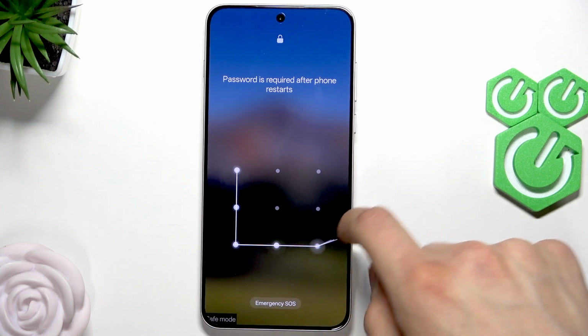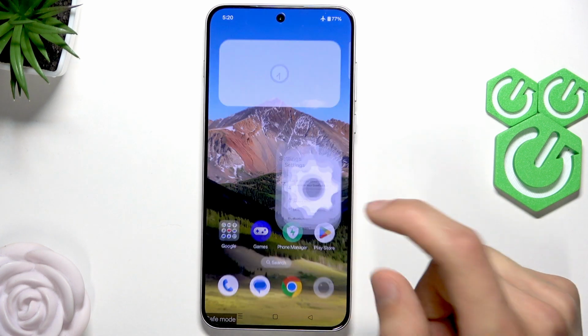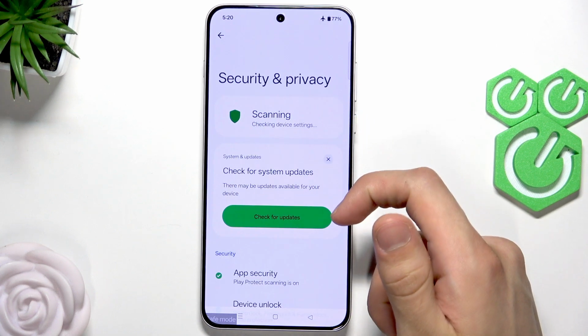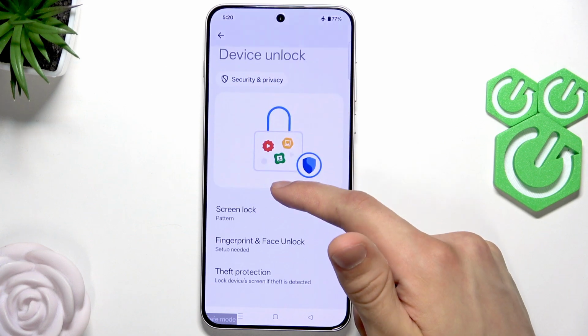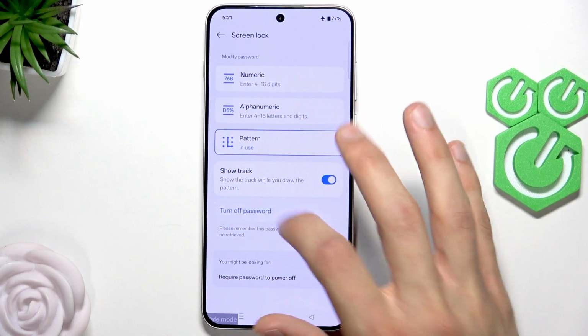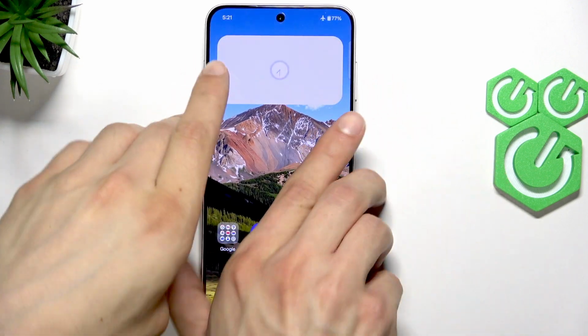Now in the safe mode, try to enter your screen lock pattern again, and if it works for you this time, go to the settings, then select security and privacy, select device unlock, screen lock, now confirm, select turn off password, confirm, and then you can restart your phone in the very same way,